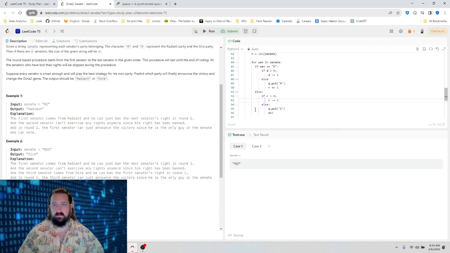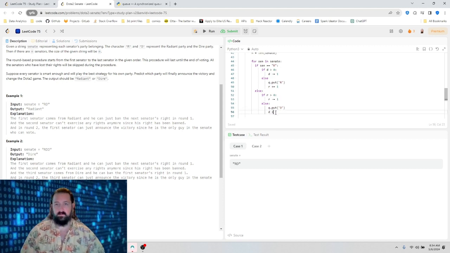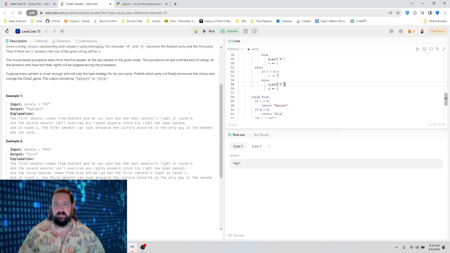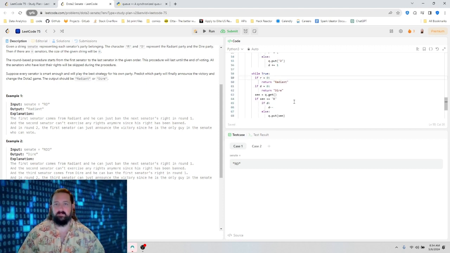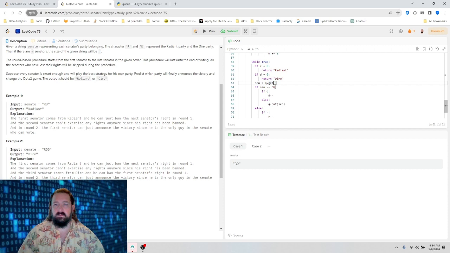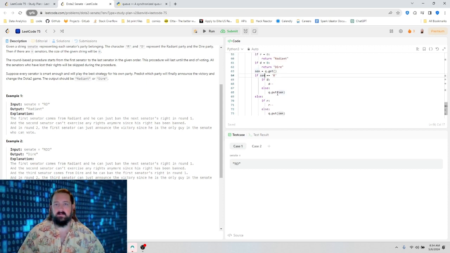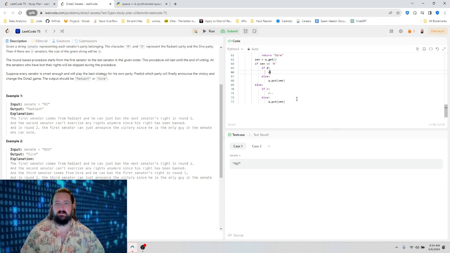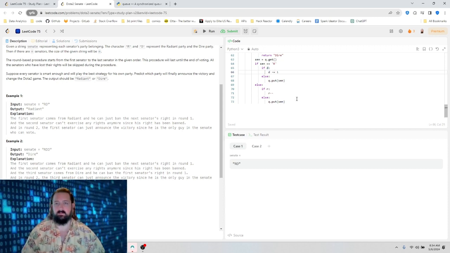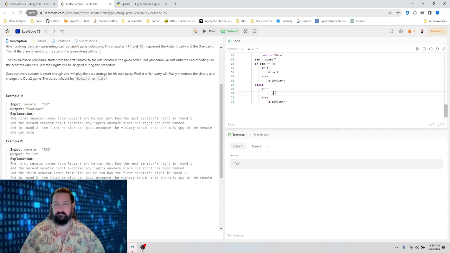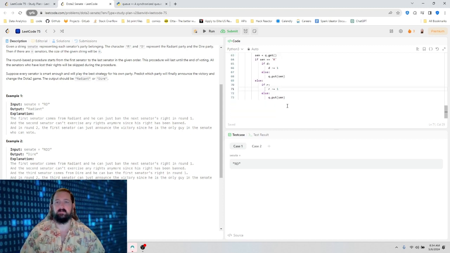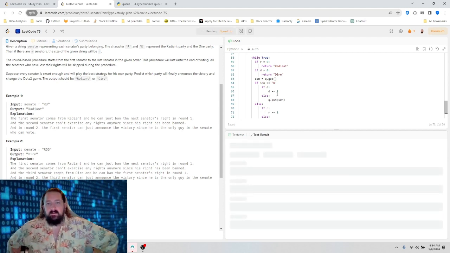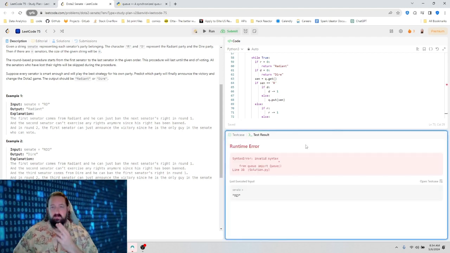Minus equals 1. And just converting all of this stuff back to Python. Get senator equals R, put D minus equals 1, minus equals 1. Okay. Let's see if that doesn't work.